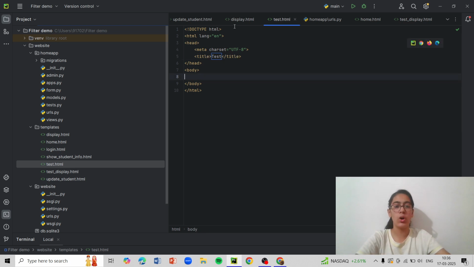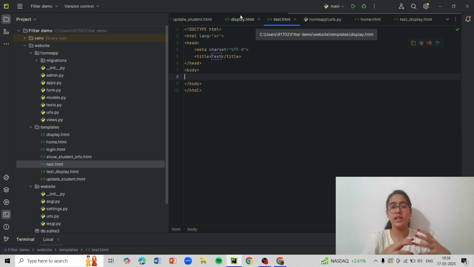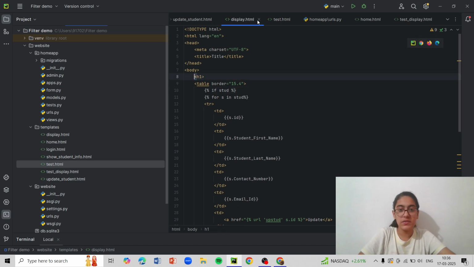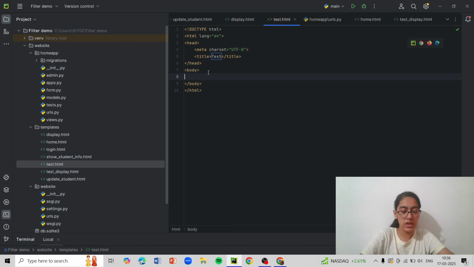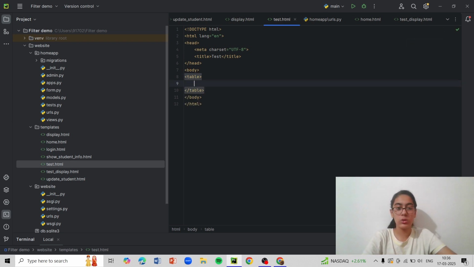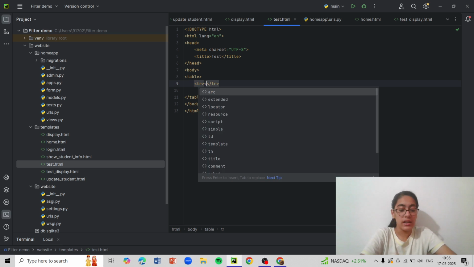And then over here in the body we can create forms, we can create tables, we can create headings. Headings have the h1 tag. Whenever we put in h1, it automatically creates its own closing tag. So this is how we create the h1 tag. Similarly for table, we close it and the closing tag is automatically created. And over here we can write the table rows, tr, and inside the table rows there is table data, td.